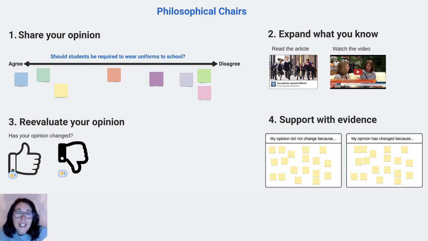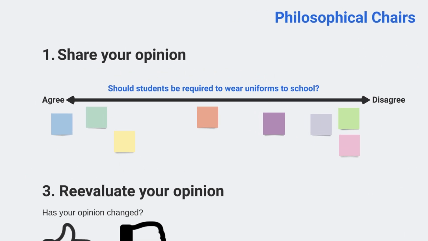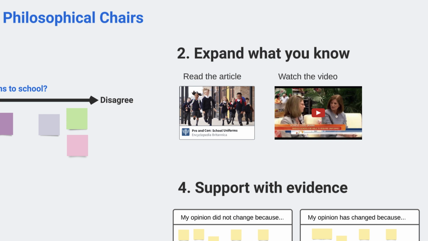So when you want to lead a discussion based on opinion, debate, or prep for a persuasive essay, the teacher starts by pulling all of the students into a collaborative Lucidspark board with this agree or disagree continuum. And then the students drag out their sticky notes to place where they're at on the continuum for their initial reaction to that opinion. Then the teacher sets up an expand what you know section on the board